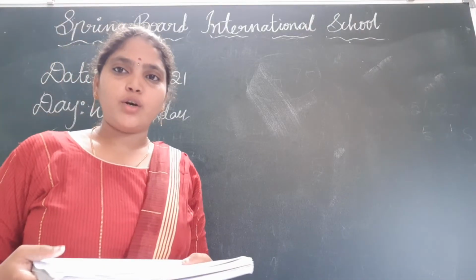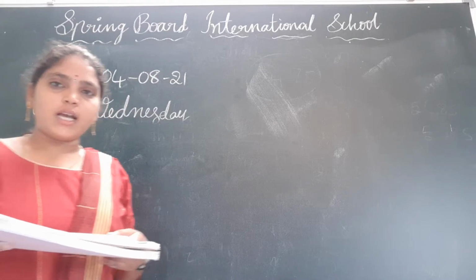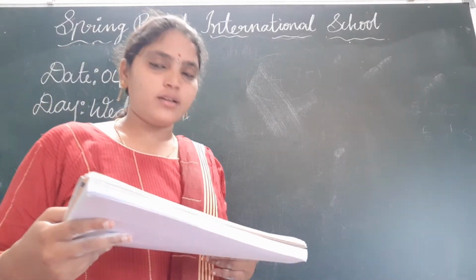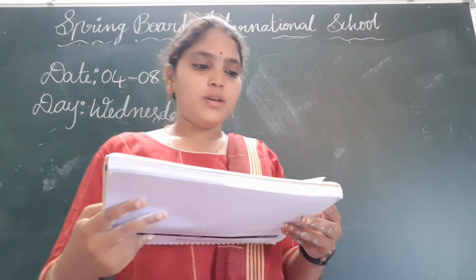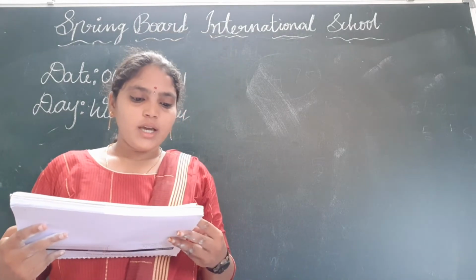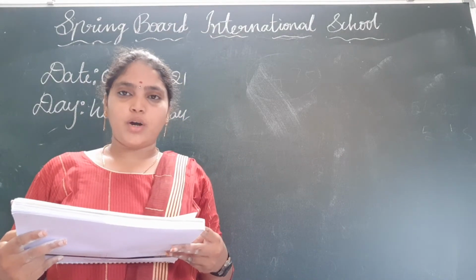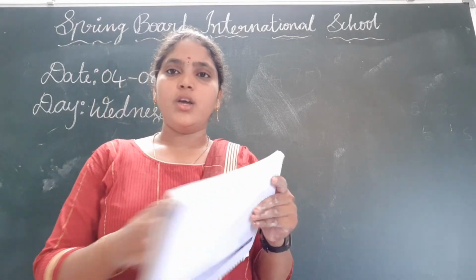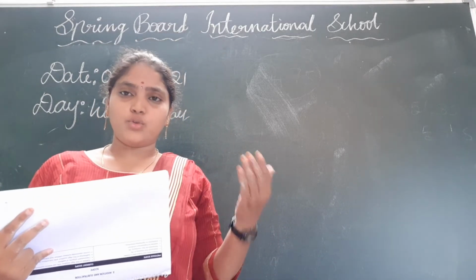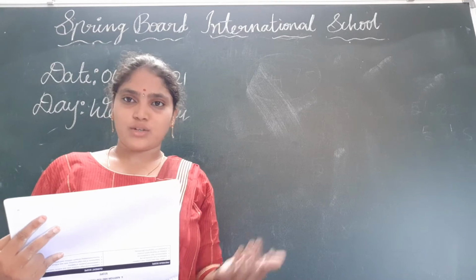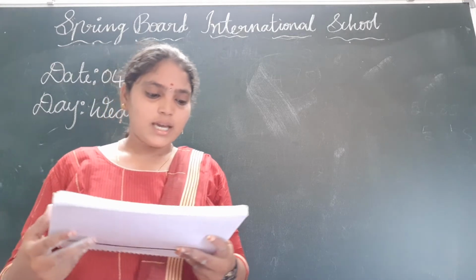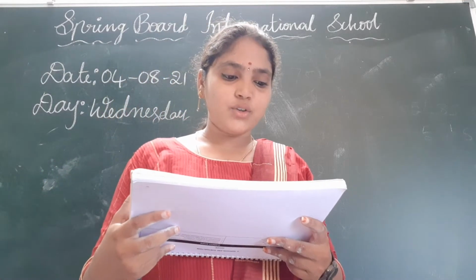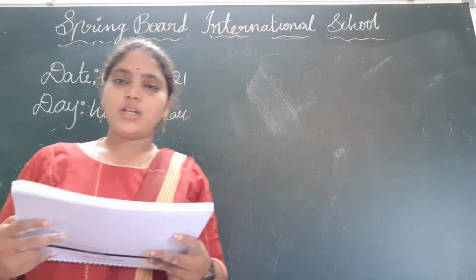Now everyone open companion, children. Companion page number 14. So project time. Make your own college. In which year were you born? So in which year were you born? You have to write it, children. So you were born 2002 or 2003 or 2004, you have to write it. And in which year did you start the school? So which year did you start, children?